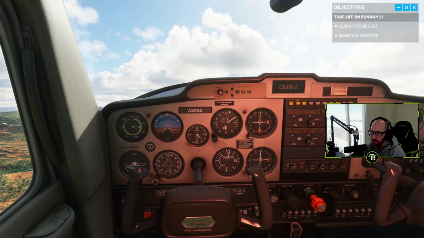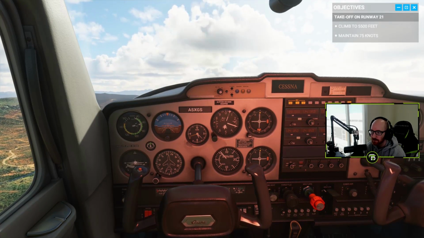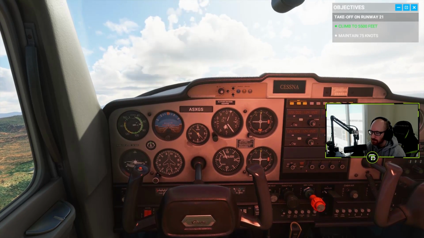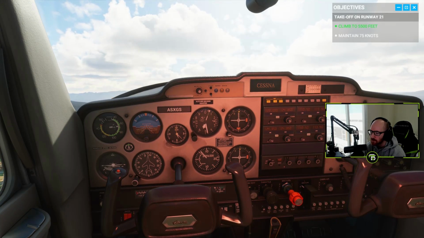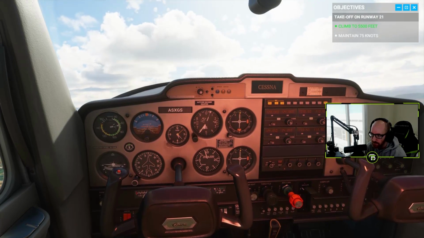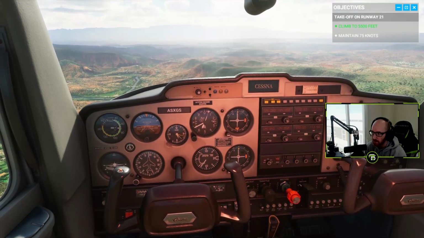Climb to 5,500 feet. All right. We're close. We're at 5,300, I believe. It's gonna take us a few minutes. That's no problem. Maintain 75 knots. Pretty sure I know what that means. Oh, our heading is here in the middle, isn't it? Or is that comms? Fuck if I know. 75 knots. That's speed, right? I think it is. So to get more speed, I need to...